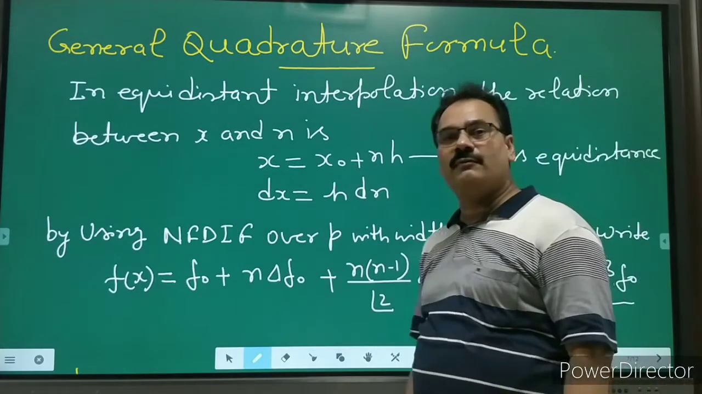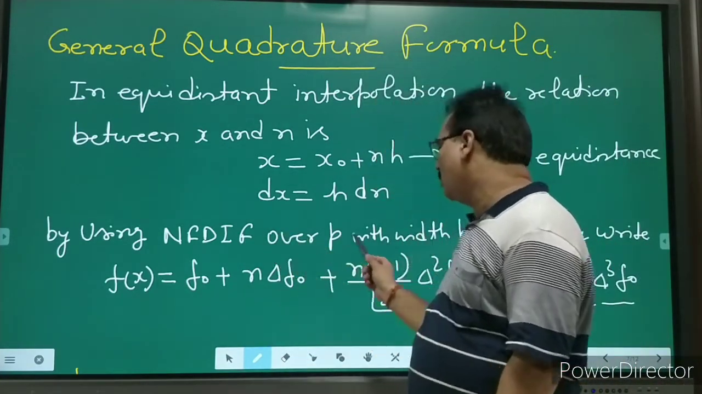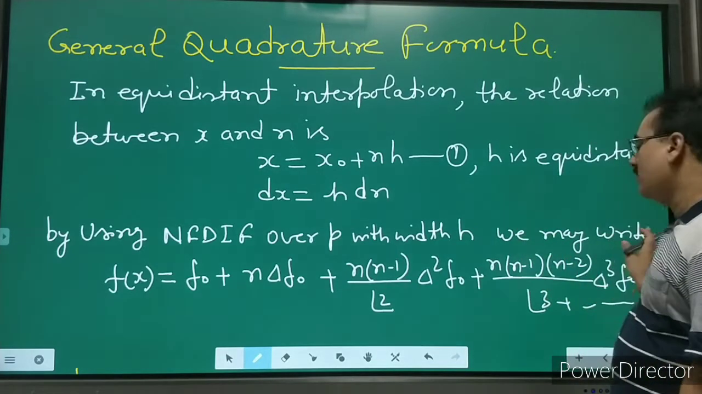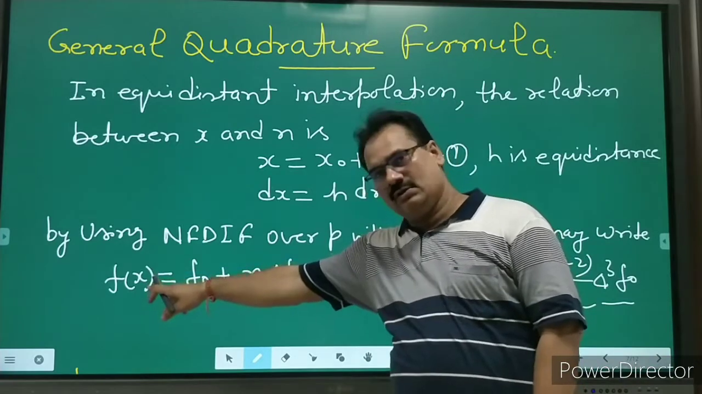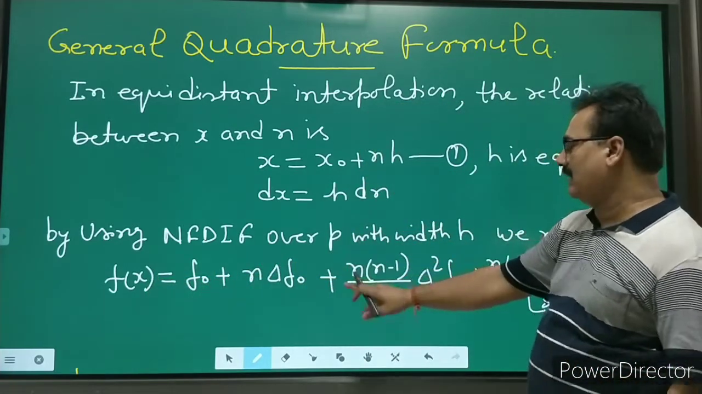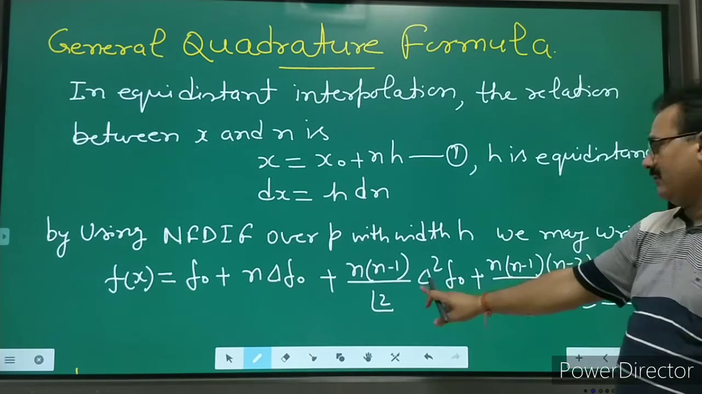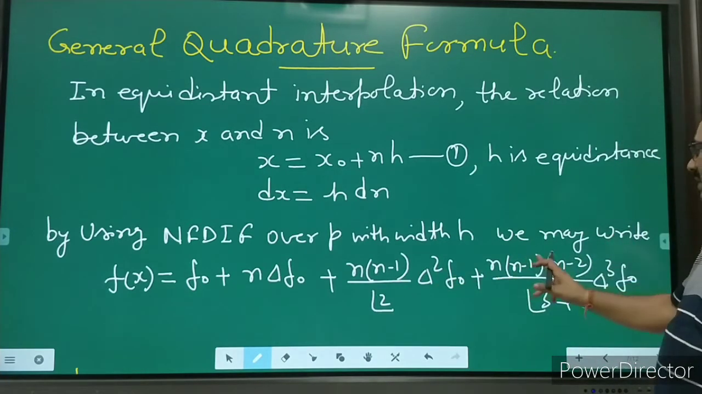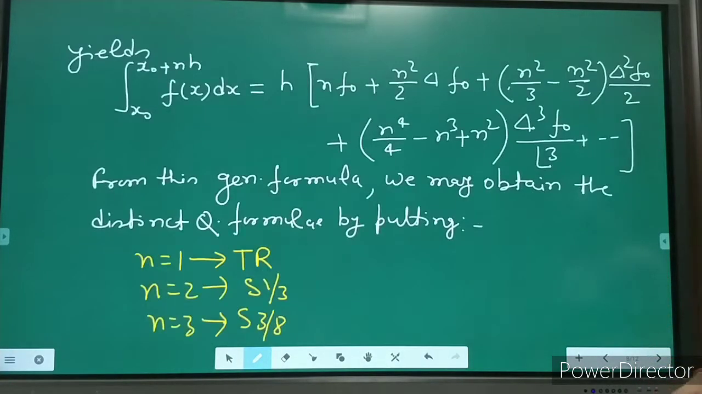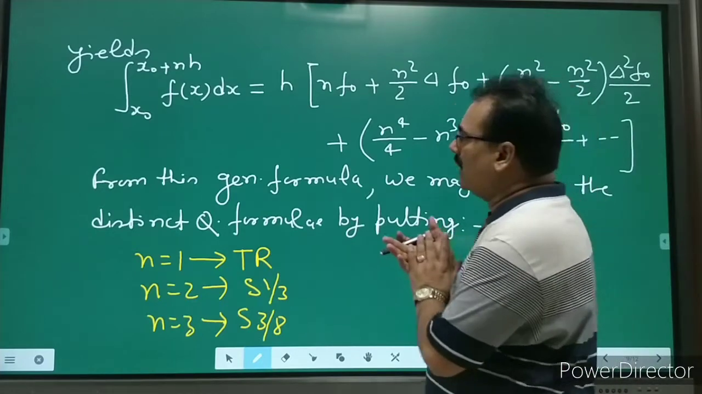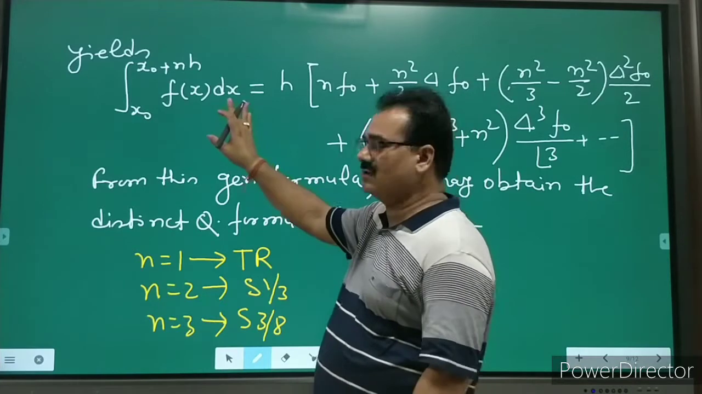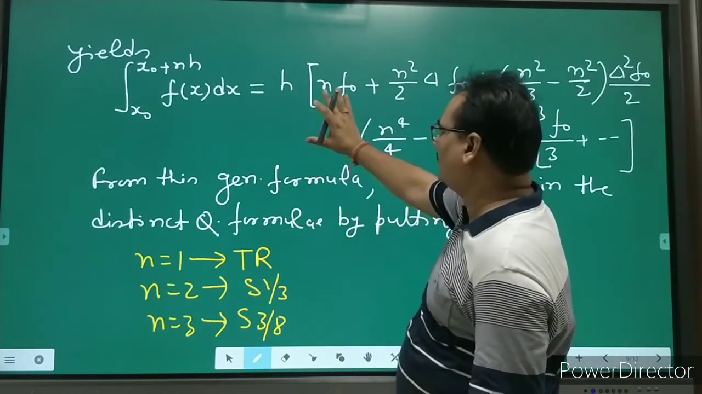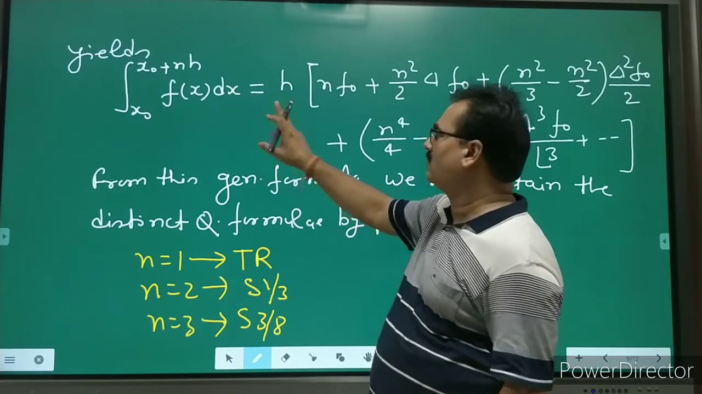So by using the Newton forward difference interpolation formula with step h, we may write that f(x) is equal to f naught plus n times del f naught plus n(n minus 1) by factorial 2 del square f naught plus n(n minus 1)(n minus 2) by factorial 3 del cube f naught, and so on. So now the above formula may give this result: the integral from x naught to x naught plus nh of f(x) dx is equal to, after some simplification, you may be in a position to write this formula, that is